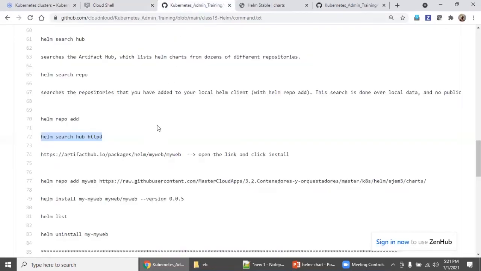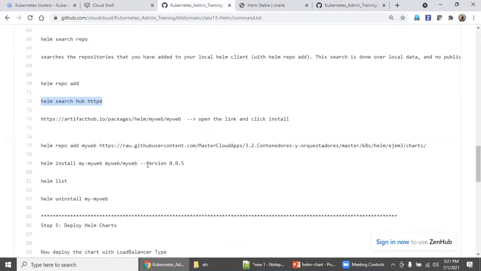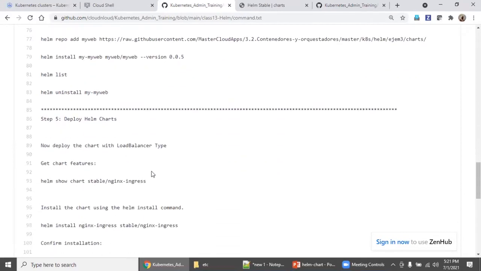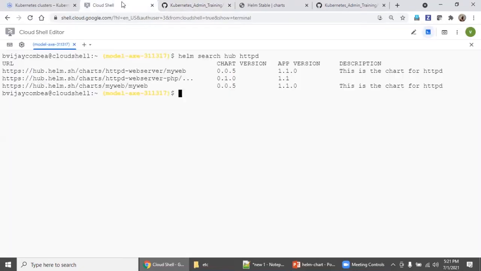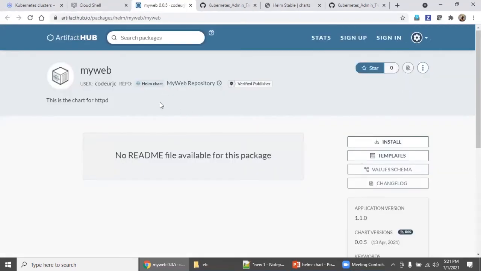But you don't need to memorize this part, like what we need to add. Okay, you search it, and from this you click what you want and go here. Make sure first the repository is available, and then install.